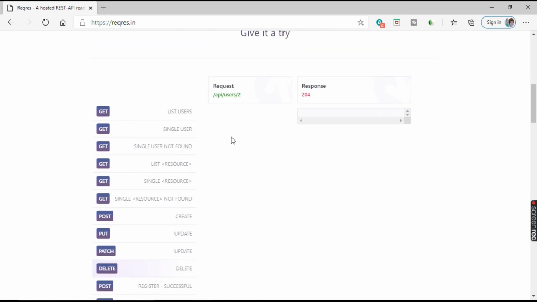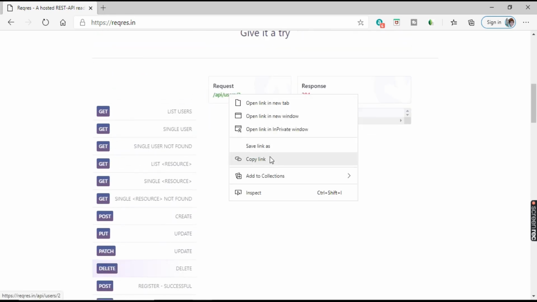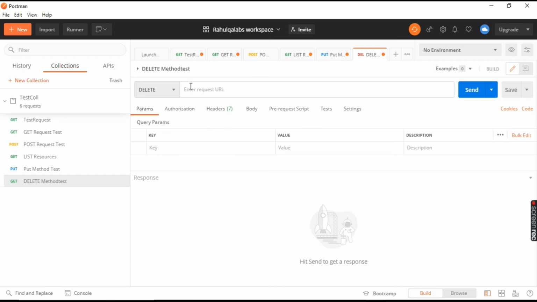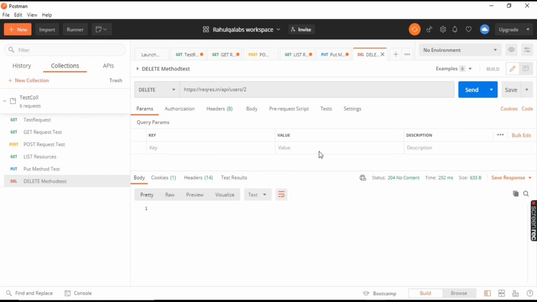So for DELETE, yeah, copy link, just save it and let's click on send. Okay, so 204 no content. The server successfully processed the request, but it is not returning any content. So this is the time and this is the size.